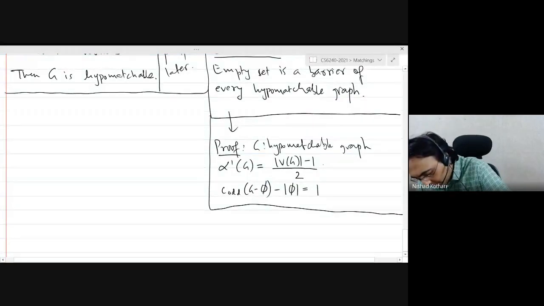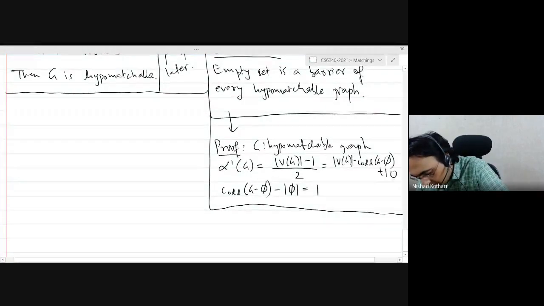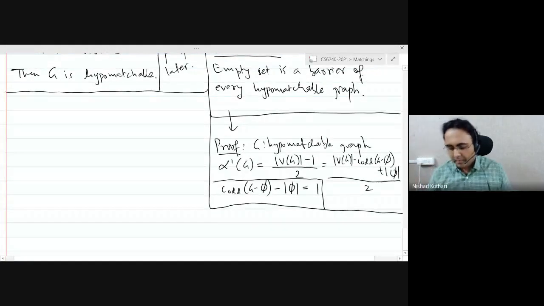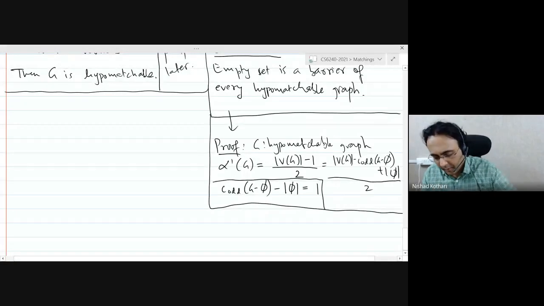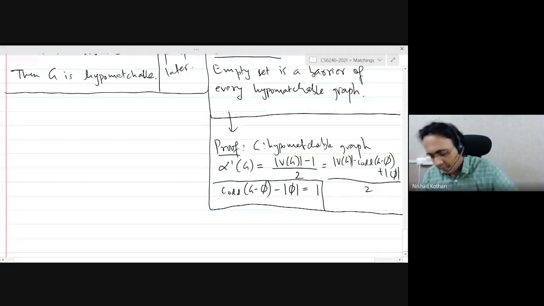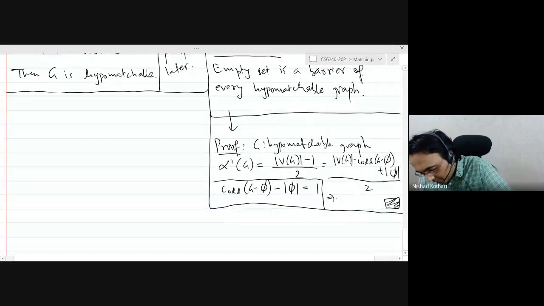So this is exactly equal to the number of vertices minus the number of odd components plus the cardinality of this, over 2. Assuming I didn't make any mistakes, that is a correct proof. Okay, so this implies that the empty set is a barrier.